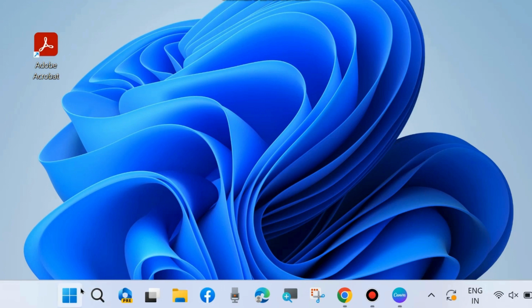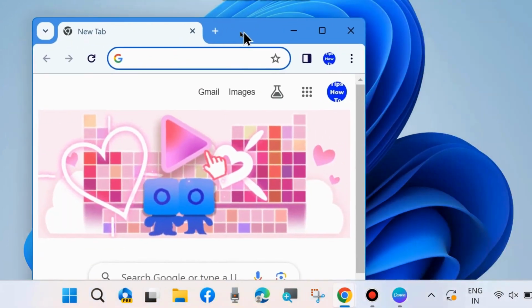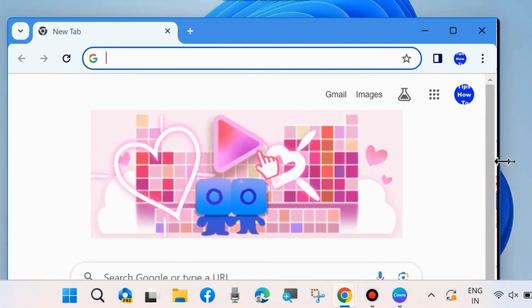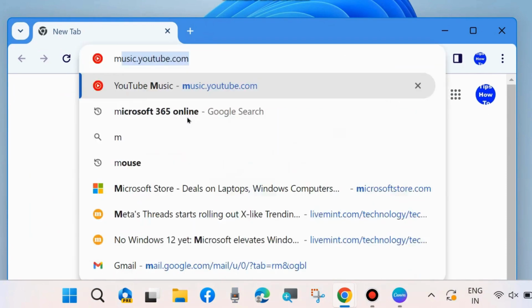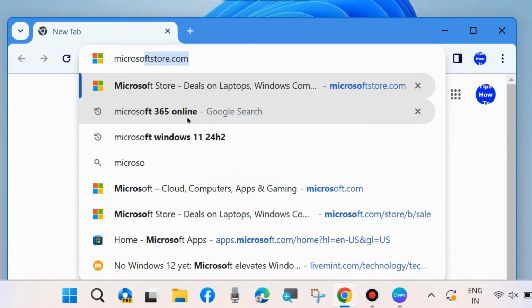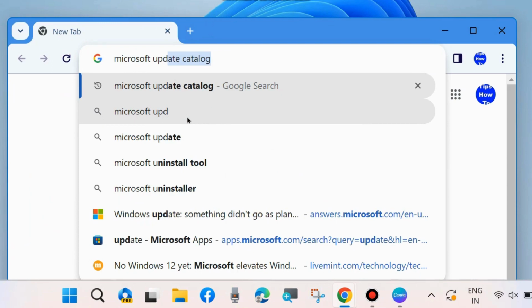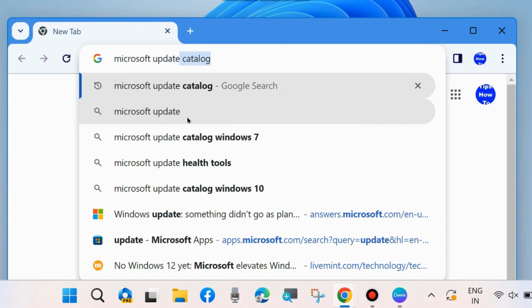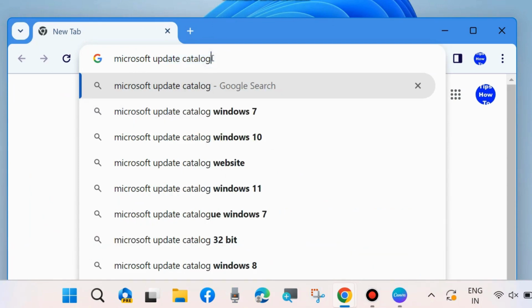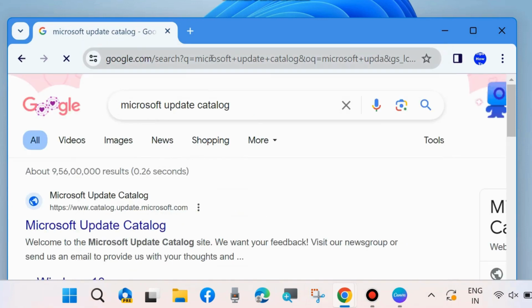Update Windows 23H2 update manually. Download the update manually. So launch your browser and go to Microsoft Update Catalog, from where you can download any type of Windows update manually. Click on Microsoft Update Catalog